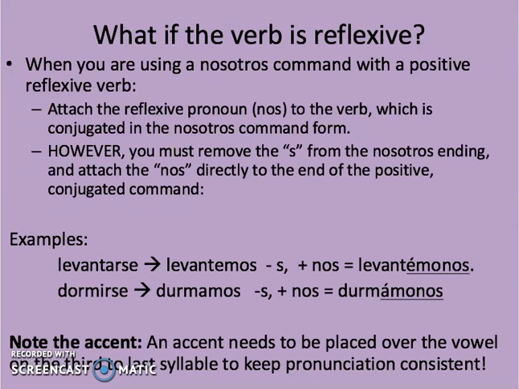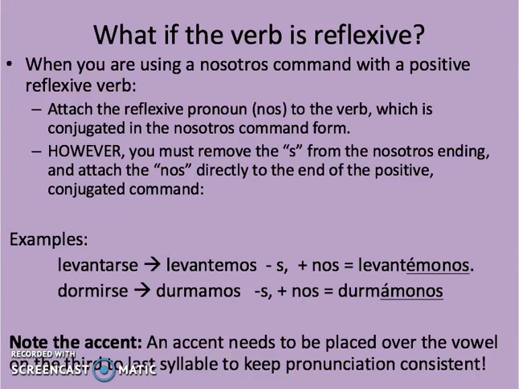First, levantarse, to get up. Form the command, levantemos. You start with the yo, drop the o, opposite nosotros ending. Then you need to remove the S, add your nos, and then you will also have to add an accent mark. An accent needs to be placed over the vowel on the third to last syllable to keep pronunciation consistent. So I recommend that you start at the end of the command, count back 3 vowels,